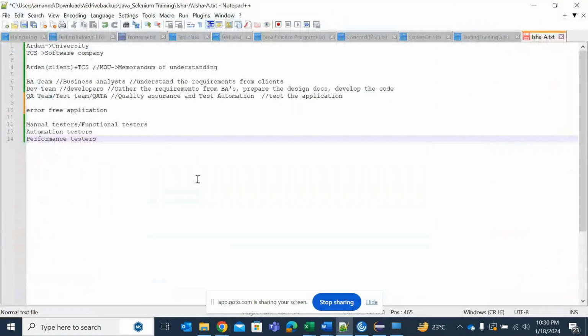So now, as I told you, I will tell you the difference between manual testers and functional testers. The common thing, the general similarity between these two, is that they will not use any automation tool. They will not use any automation tool in order to test the application. But the only difference is,